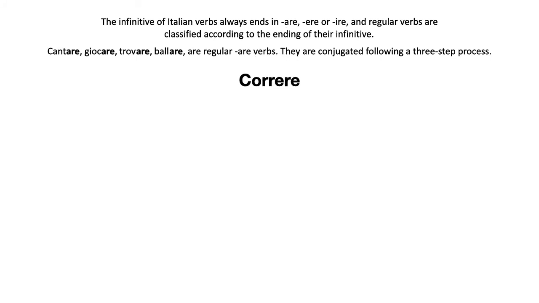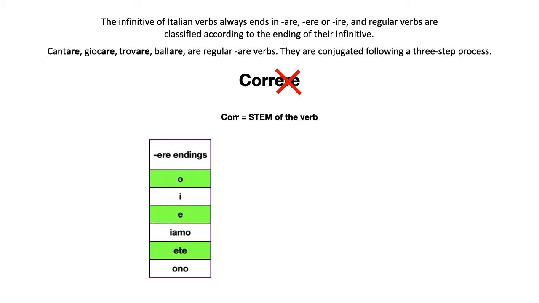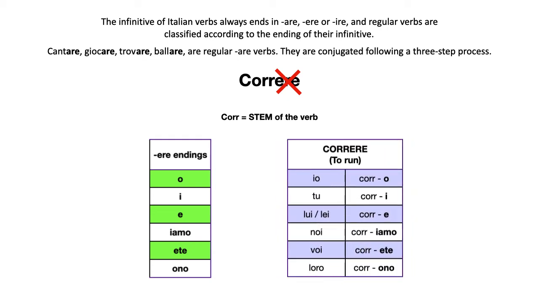Let's look at a verb like correre, which is an ere verb. The procedure is, of course, the same. We get rid of the ending of the infinitive, in this case, ere. Cor would be our stem, and then we add the ere endings because this is an ere verb. So the conjugation of correre would go io corro, tu corri, lui, lei corre, noi corriamo, voi correte, loro corrono,